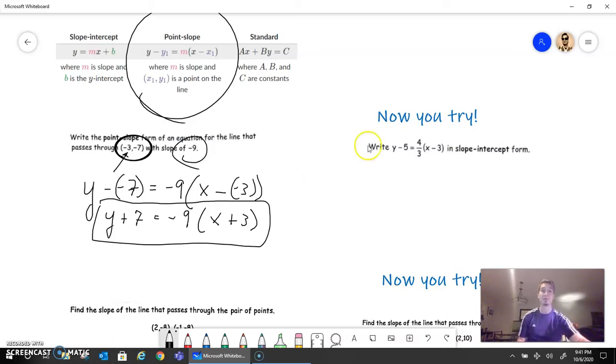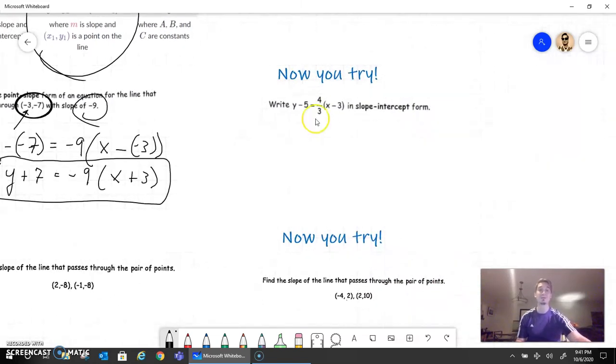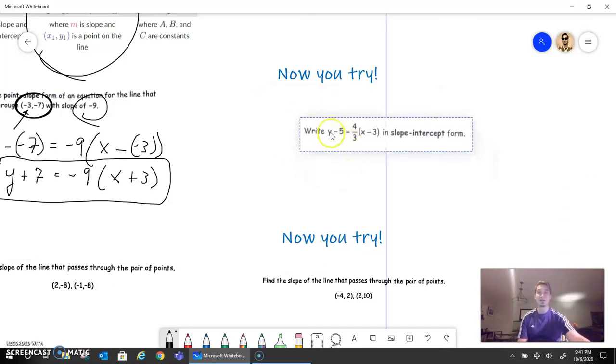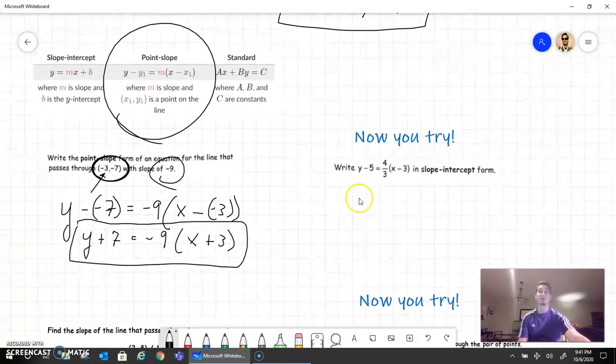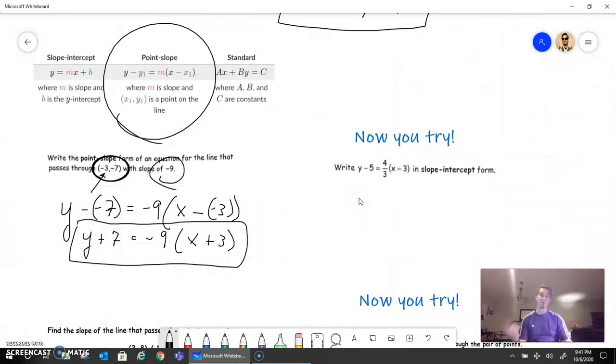Now I want you to try one. I want you to write this equation in slope-intercept form. So you're going to use the skills I just showed you and go in reverse. Let's look at the point-slope formula for the line. And it looks like if the original formula has a negative in it, then when I see that negative